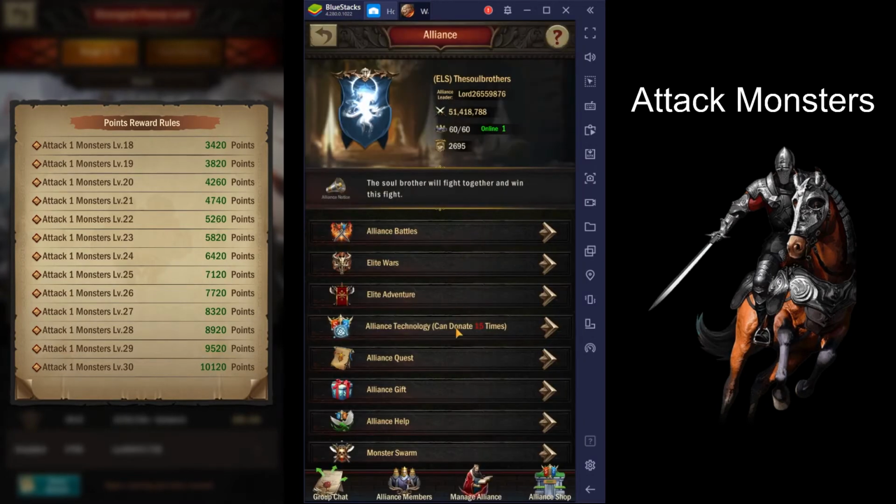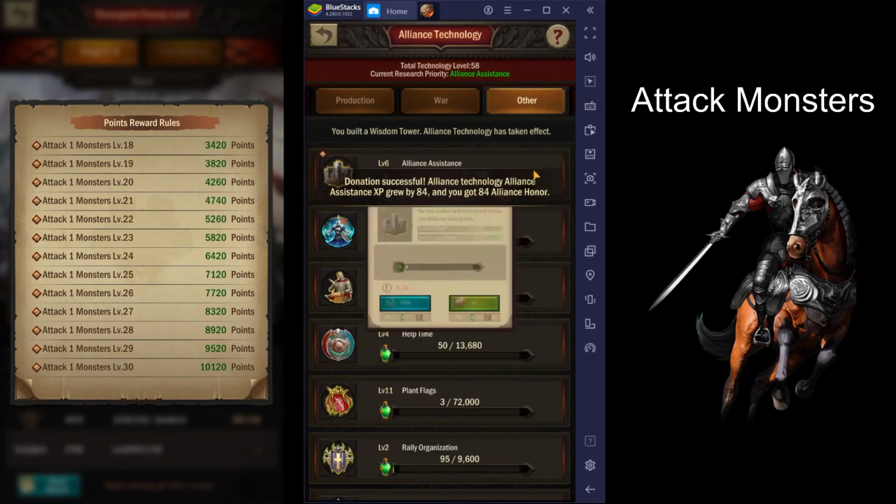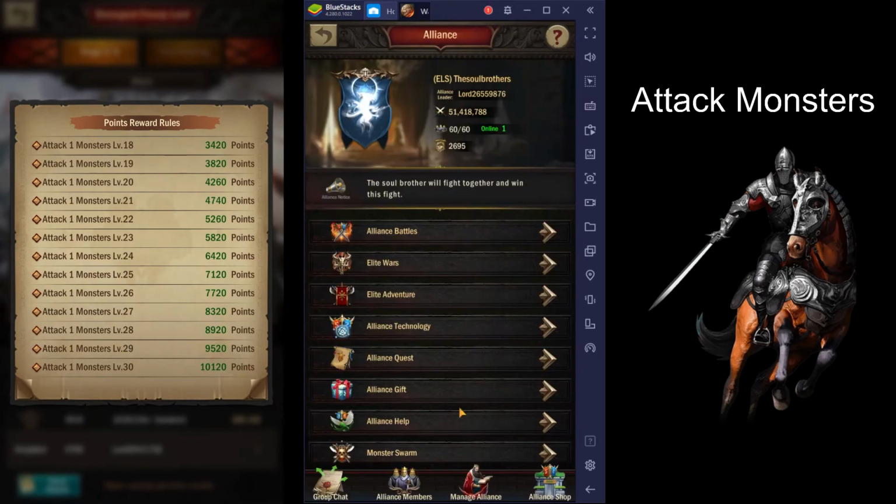Alright, what's in here? What's going on here? We got the donation thing, which we haven't done yet, I guess. So we'll go ahead and do the donation to the Alliance. We'll check the,